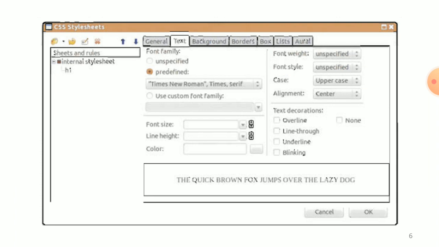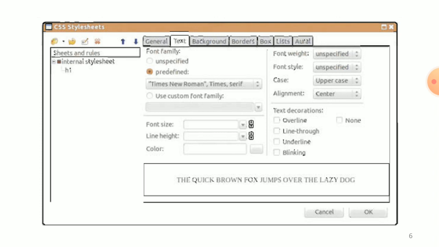This will show various style options like font family, font size, line height, color, case, alignment, and many more. That is the Text tab.